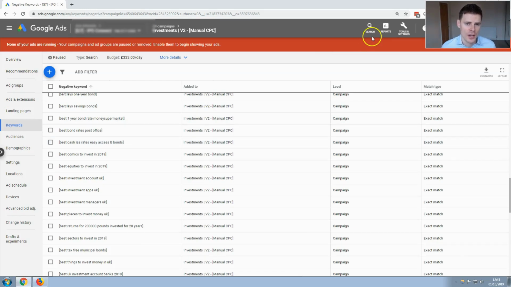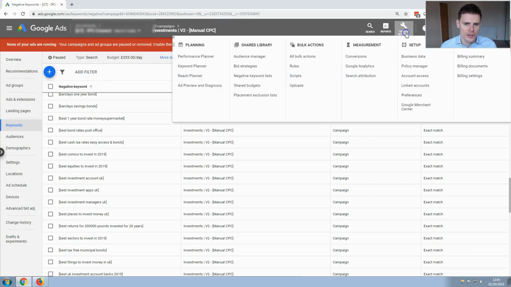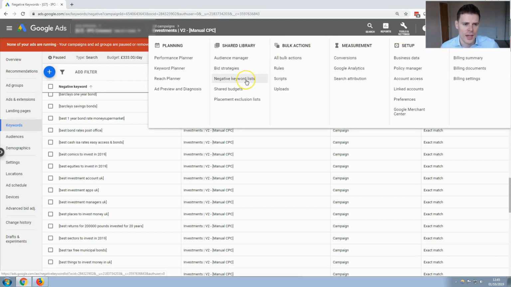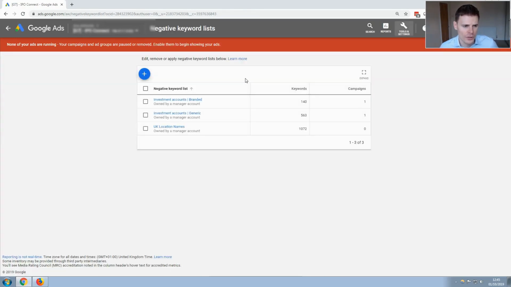Now, if you don't see any negative keywords here, there is one other place that negative keywords can be located within your account. You can access that by clicking on Tools and Settings and then selecting Negative Keyword Lists. Once you've opened up that section, you should have different lists of keywords, and those should be applied